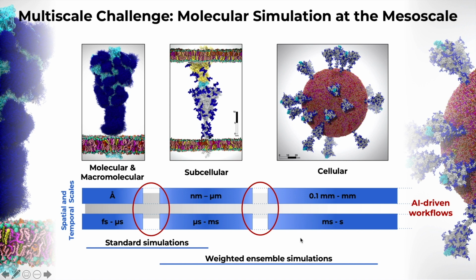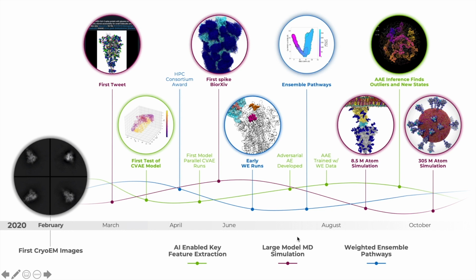This timeline describes the highlights of the science and computing milestones for our submission. And to me, what it emphasizes the most is readiness. In mid-February, the very first event that was really critical was the deposition of the first cryo-EM images of the viral spike protein. That same week, we had just published a landmark study of the influenza virus. And so the pivot for my group was immediate and natural.